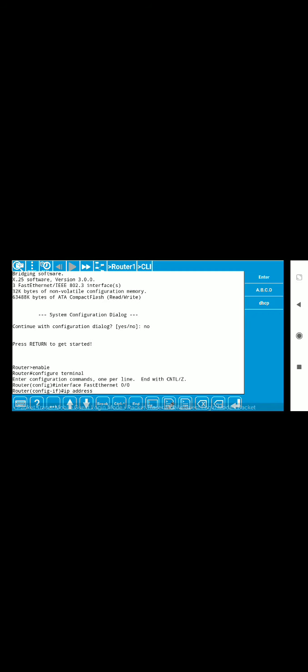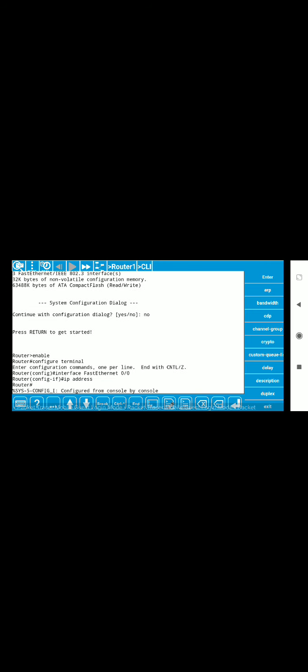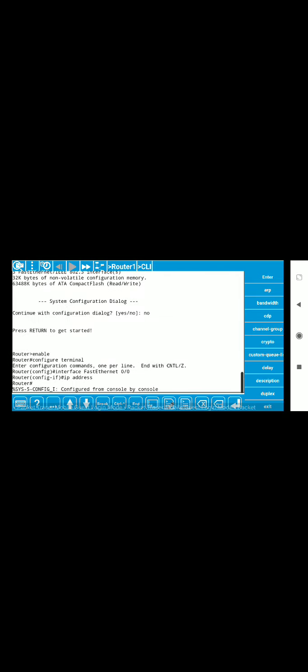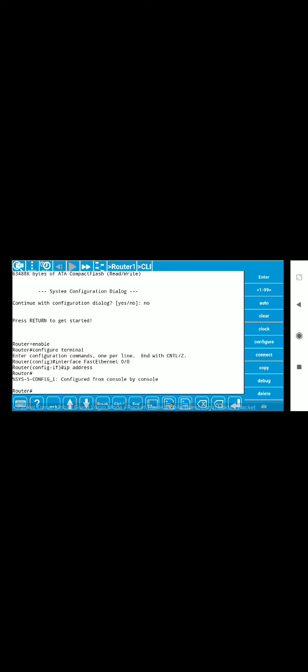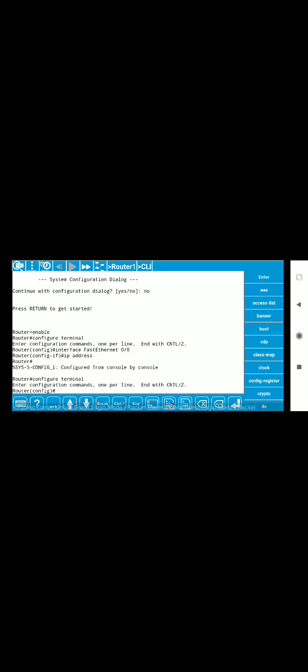Here we are using the IP address 100.0.0.2. So just click on enter.